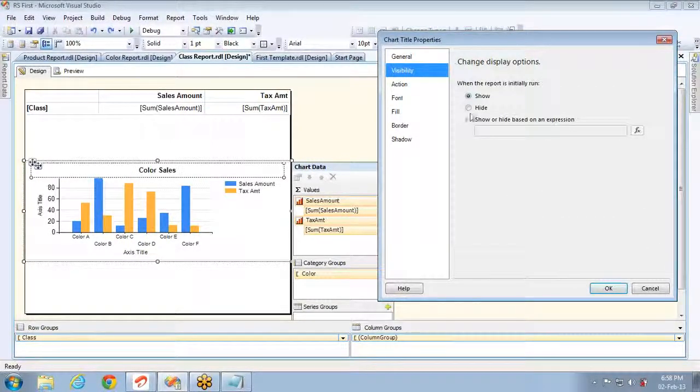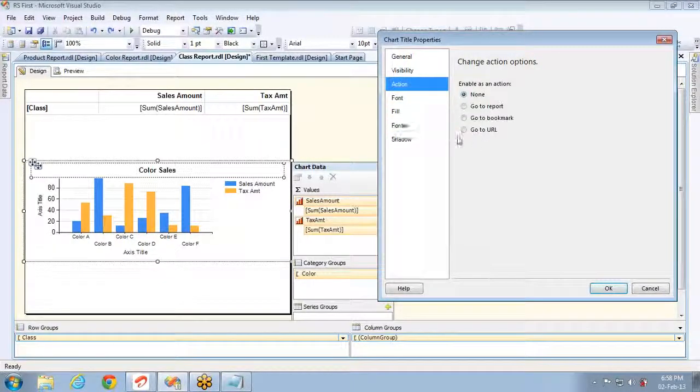And visibility, if you want to show and hide based on some properties, you can do it, or you can permanently hide it, or you can delete it also, right? And action, if I click on this title, you can see the same page. Action means the same page will be repeated, even if you see in a text box or for an image.